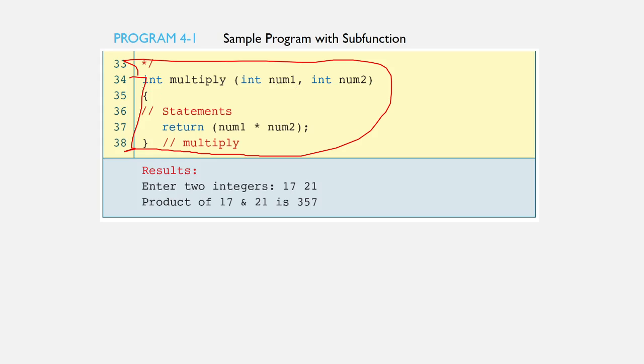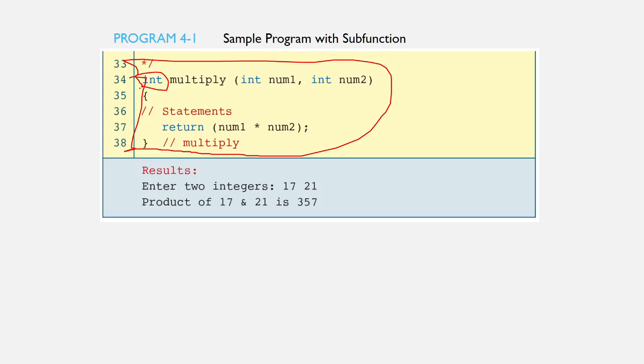So this is a function heading of the multiply function, and this will return an integer value, specified by this int keyword before the function name.